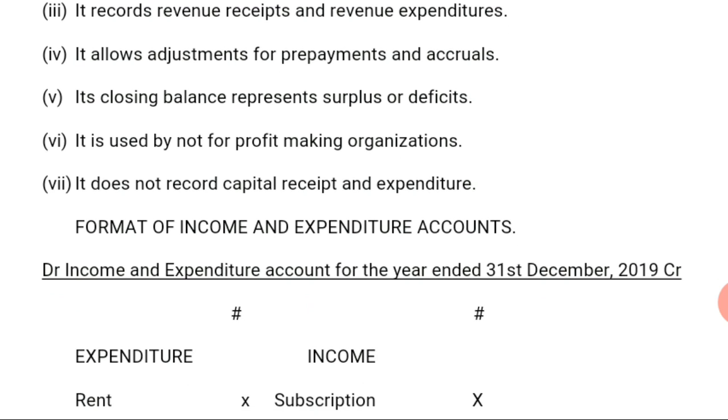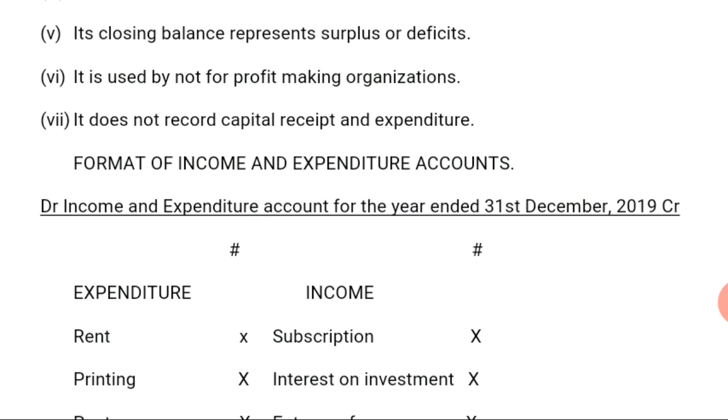It is used by not-for-profit making organizations. Yes, it's an account which is the equivalent of a profit and loss account, but this one is prepared for non-profit making organizations. It does not record capital receipts and capital expenditure. Yes, purchase of fixed assets or capital expenses or capital receipts cannot be included in